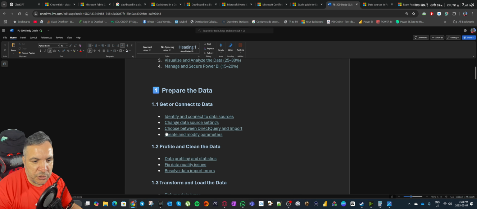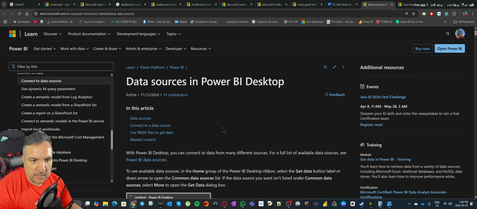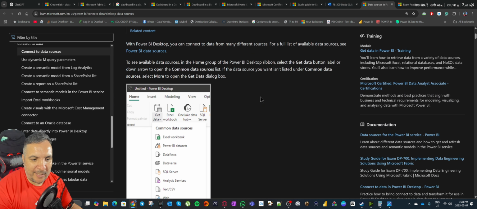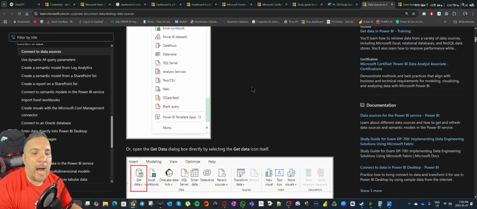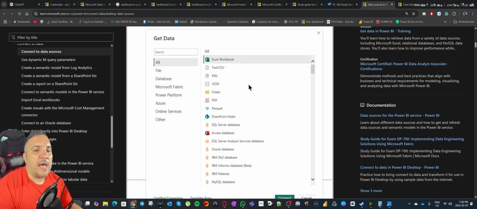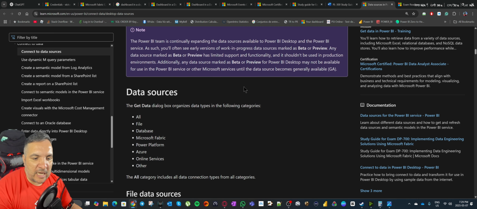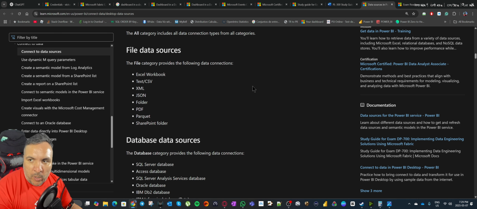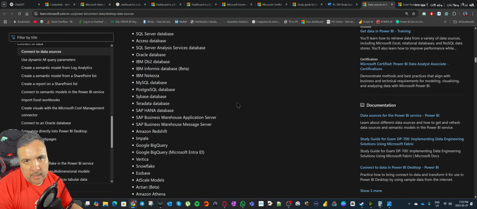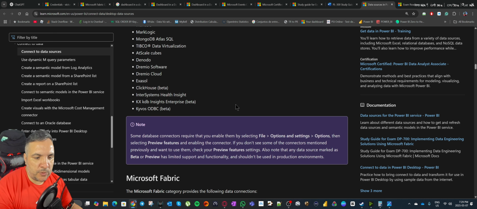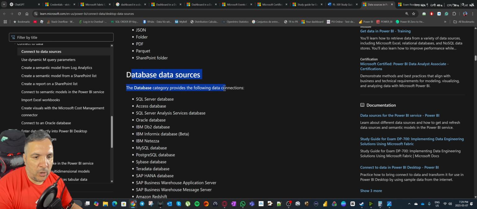So if you are not sure what identify and connect to a data source means, you are going here to the documentation and you say, yeah, I remember seeing this in the lab or in Dashboard in a Day. If you are not aware, well, it's a good time to learn, because if you see here, all the data are new, all the database sources.